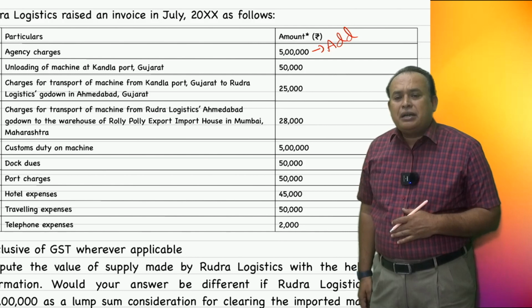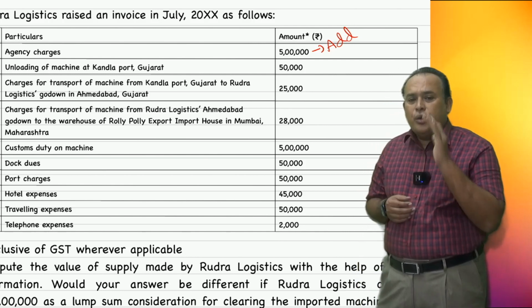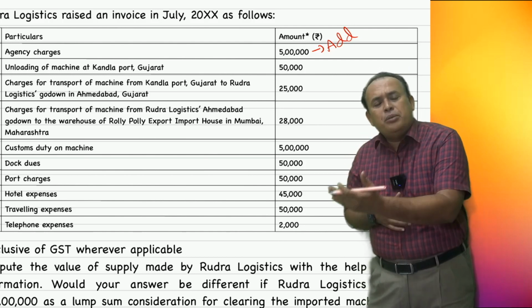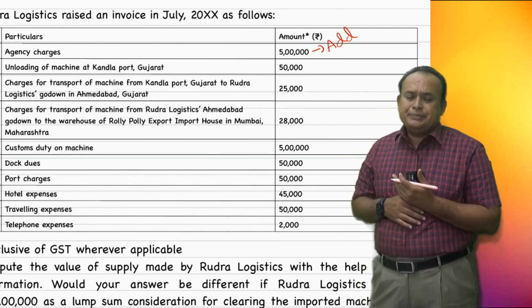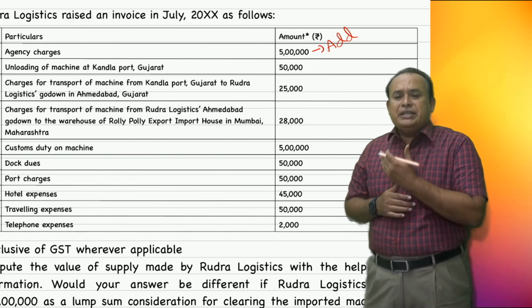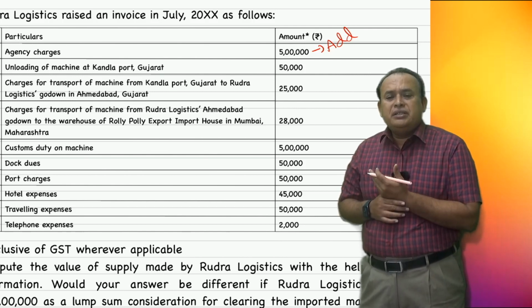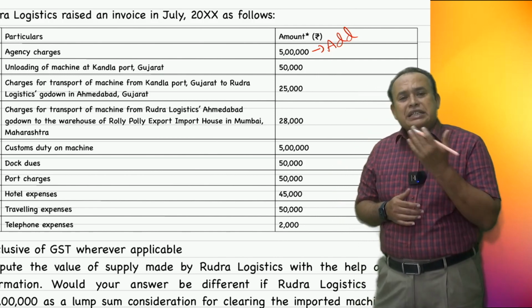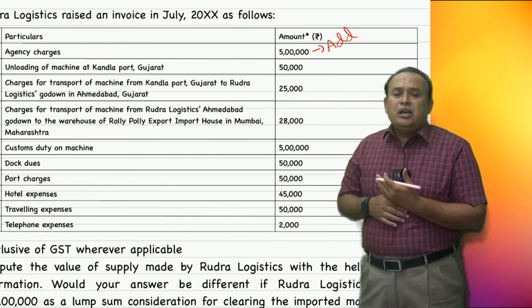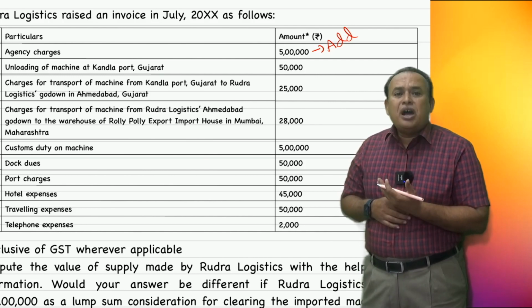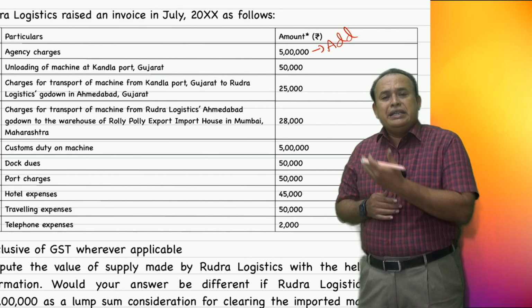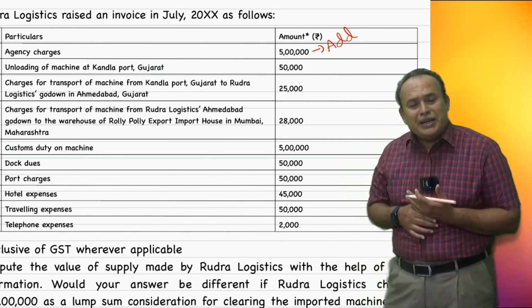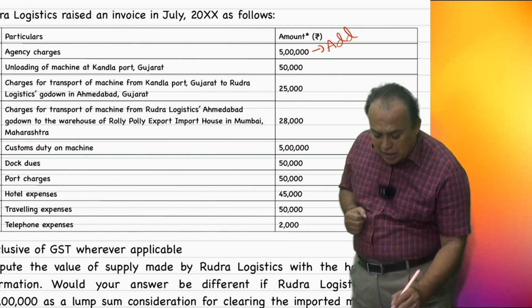Unloading of the machine at Kandla Port, Gujarat. Who has to incur this unloading expenditure? The recipient, namely the roly-poly manufacturers. On their behalf, the roly-poly manufacturers requested Rudra Logistics to incur it, and will reimburse. Therefore, this unloading expenditure